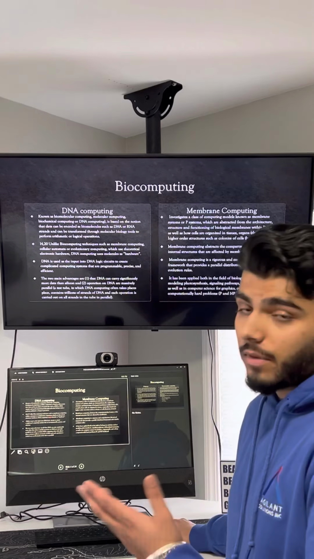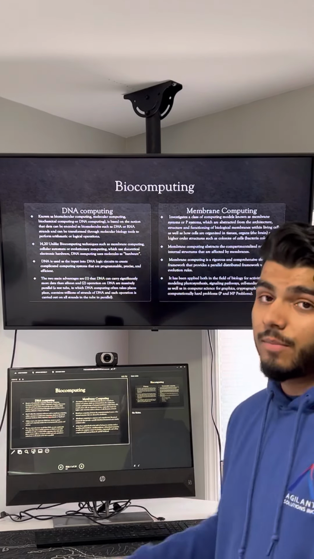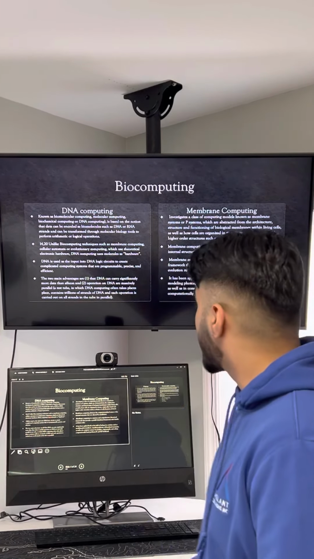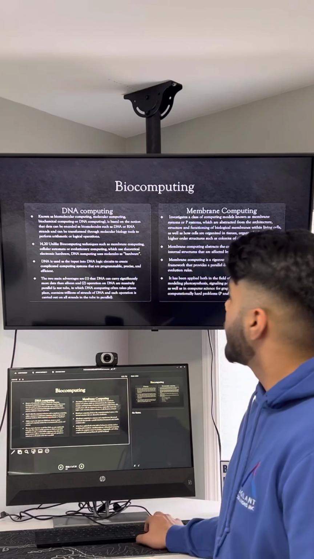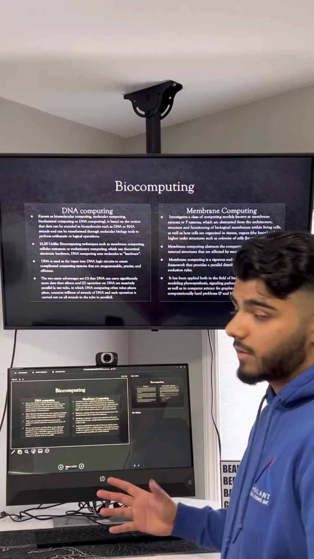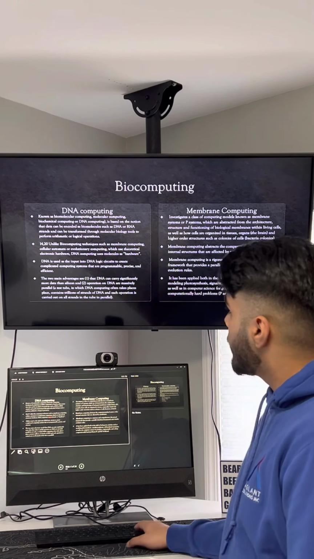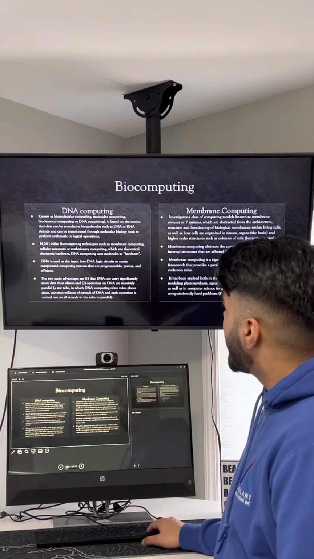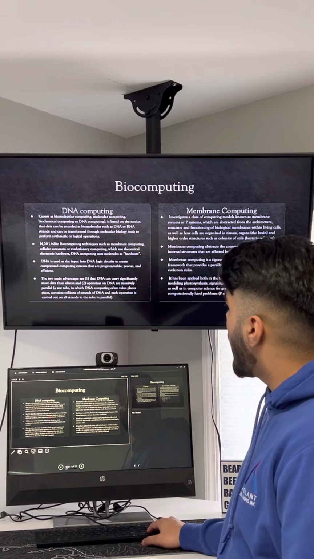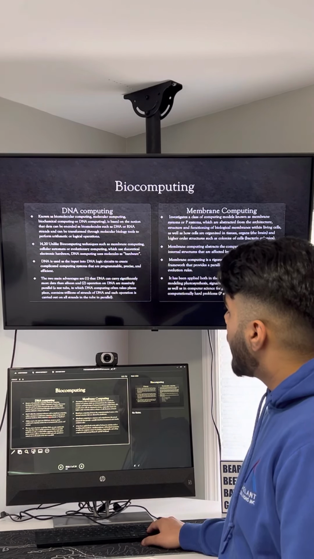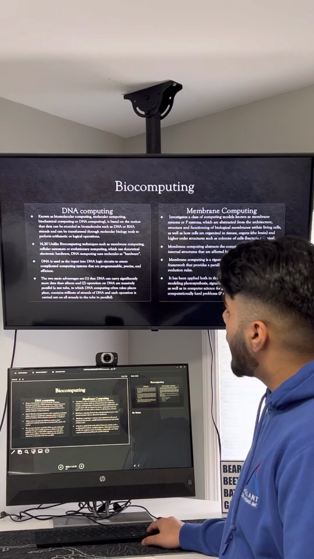Alright, so the subtopics we're going to be talking about, so it might be a lot of information, but we're going to get through it. Biocomputing, and the 2 first subsections for those, so it's DNA computing and membrane computing. So we'll start off with DNA computing, known as biomolecular computing, molecular computing,